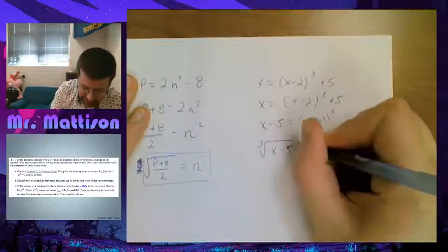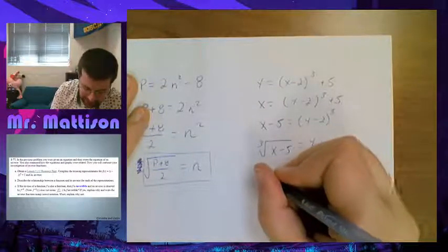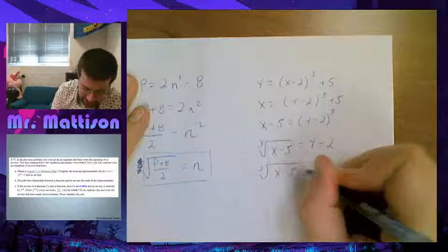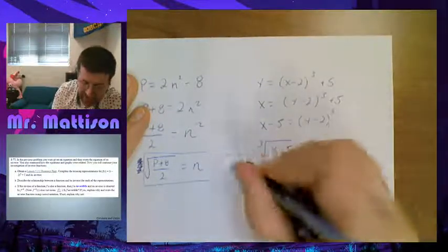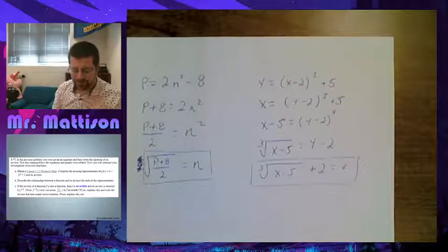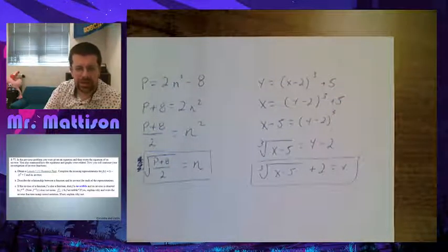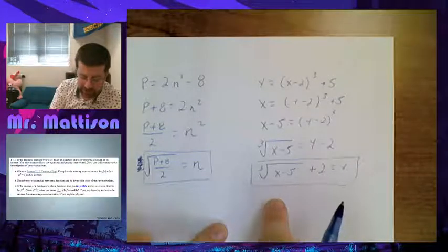x minus 5 equals y minus 2, and then I want to add that 2 over. Cube root of x minus 5 plus 2 equals y. So there's going to be my equation for the inverse, right? And then when we get to the table, we can just take that table, plug in a value for,